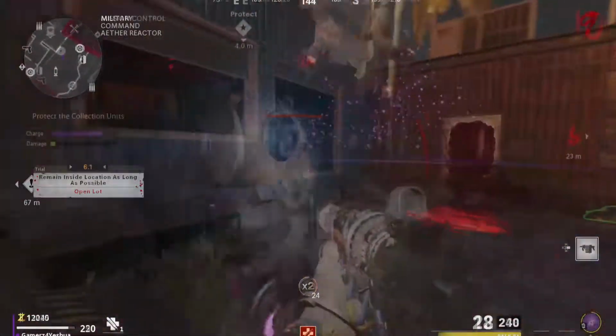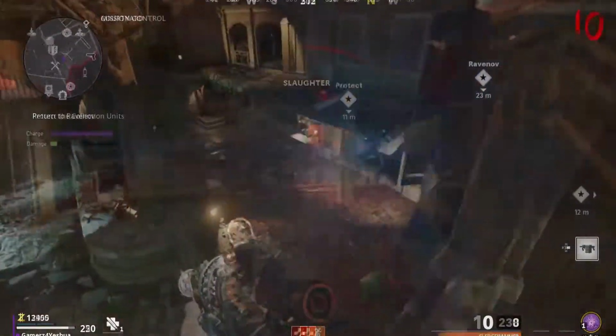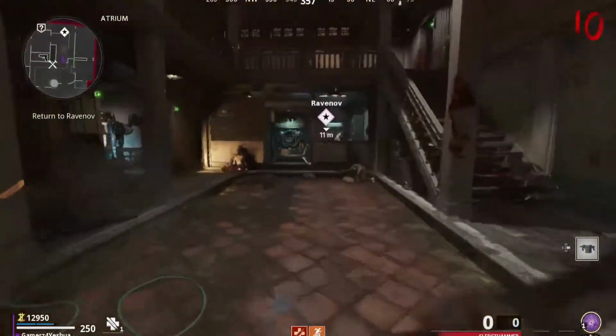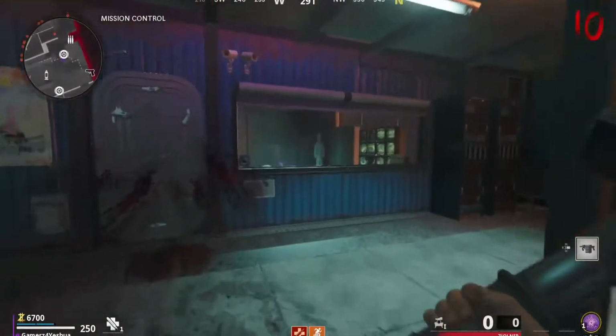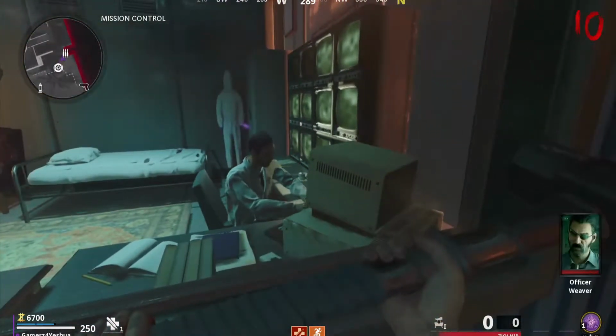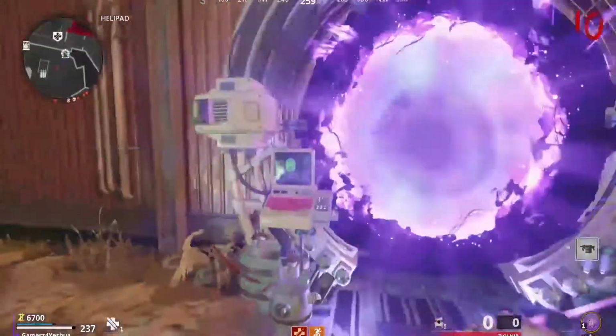There are 3 of these tube things around the map, and you will need zombies to charge each of them. After that, teleport back to the Pack-a-Punch area and interact with the guy there. You can immediately turn around and head straight back to Dr. Peck. Talk to Dr. Peck in the mission control area, and you don't have to wait for him to finish